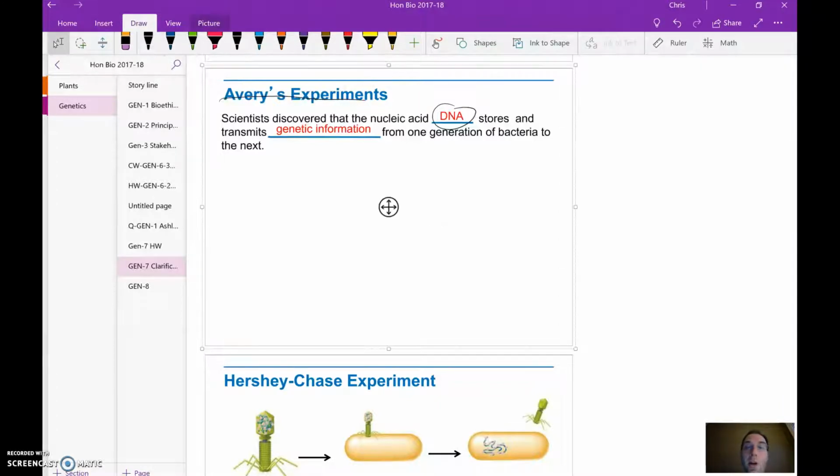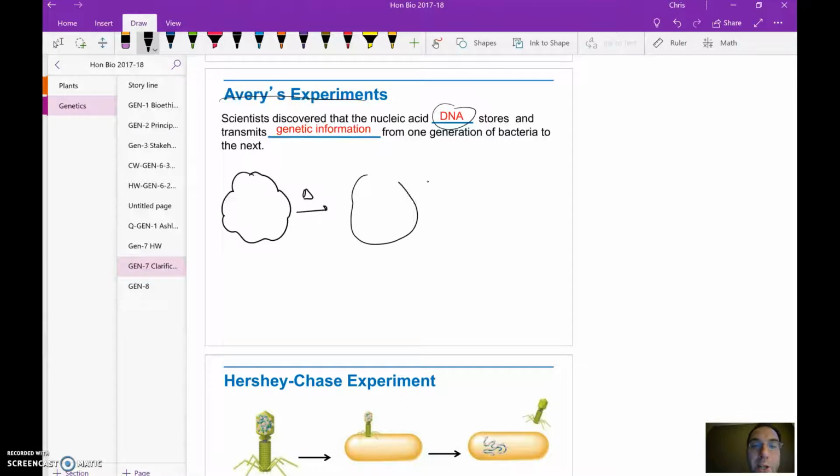And he figured that out because he took that bacteria and added heat, which, when you add heat to a bacteria, essentially what you do is you end up blowing it up. Okay? So the only thing that's left over is biomolecules. And then what he did was he added enzymes that can break down